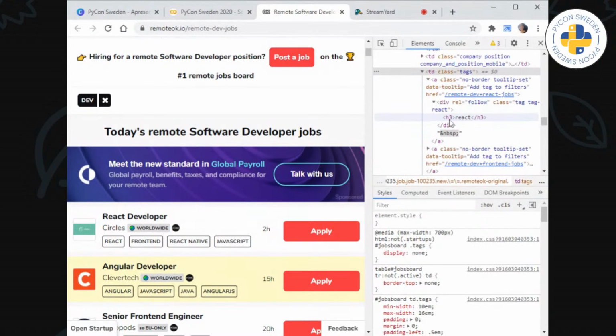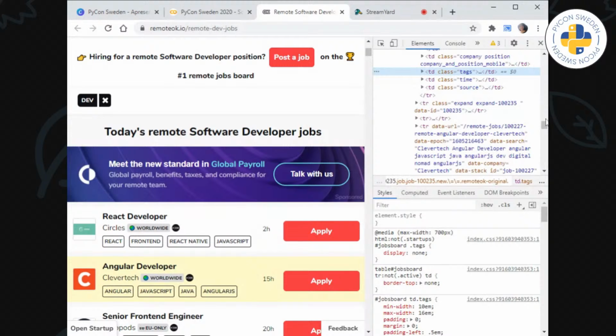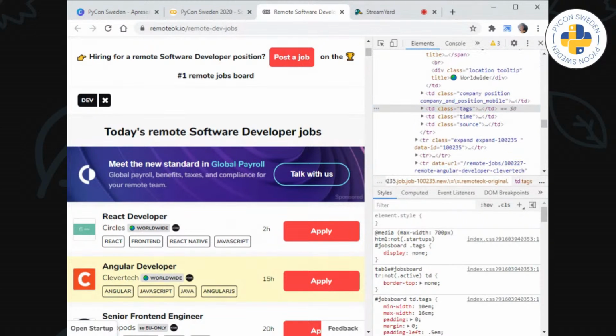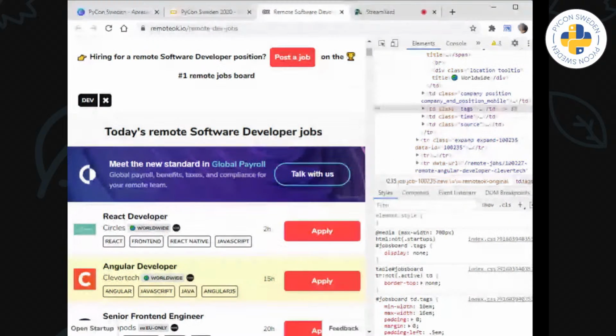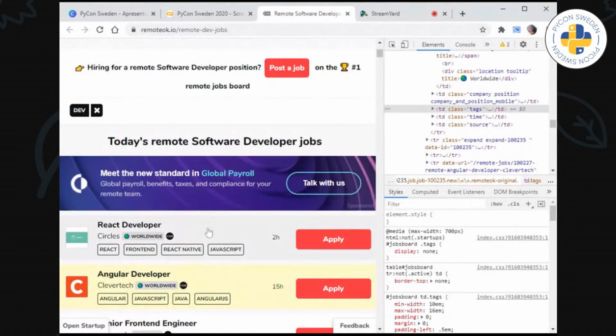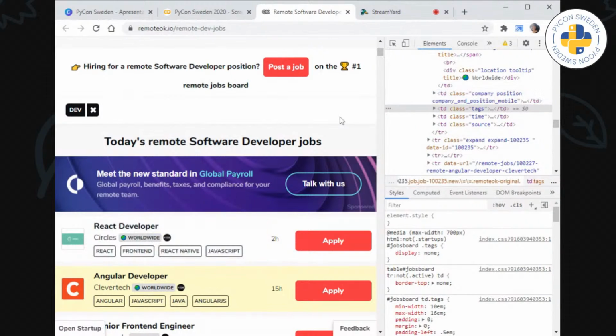Actually, the tag is a title as well, an H3. So it's inside of a column called tags, and it's an H3. Okay. One thing I noticed is that when I get a smaller view or a bigger view, it changes the way the data is disposed in the page.